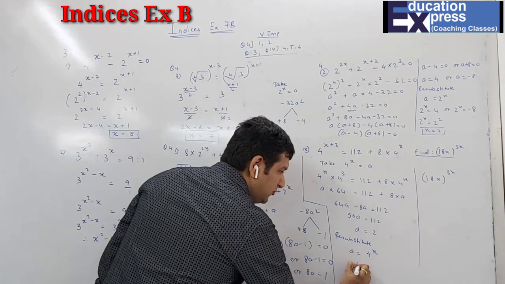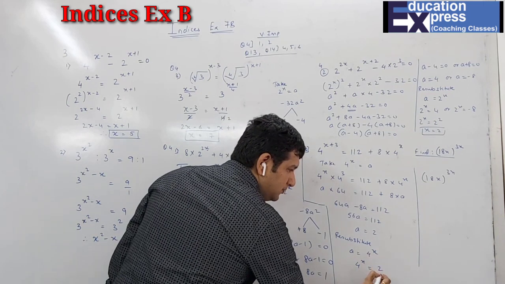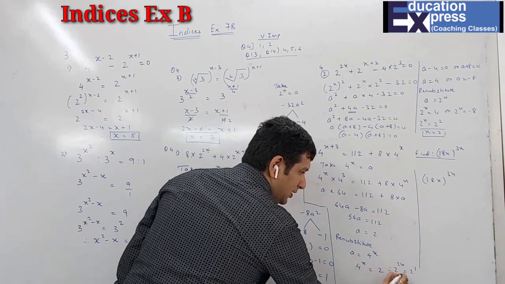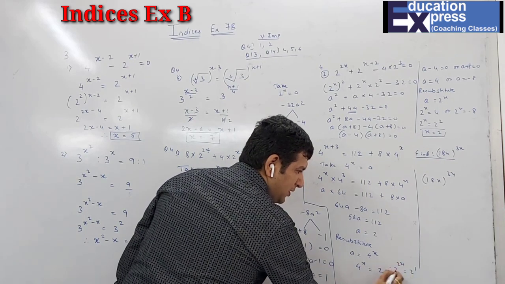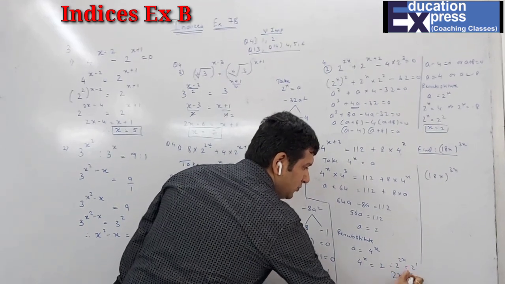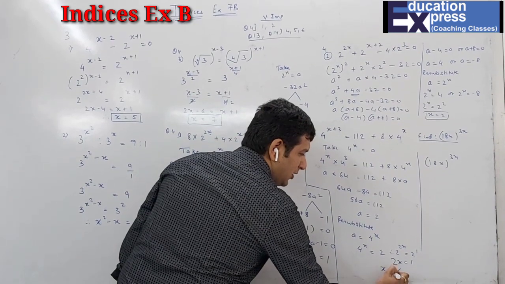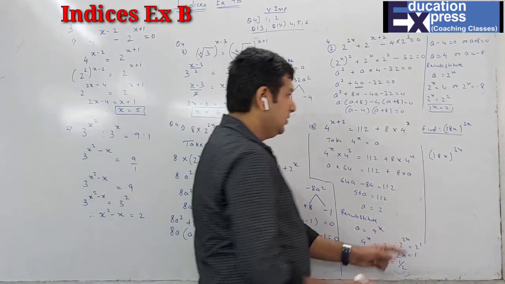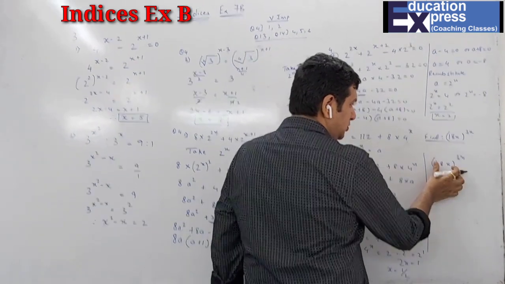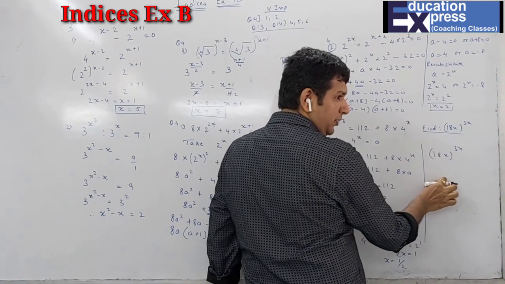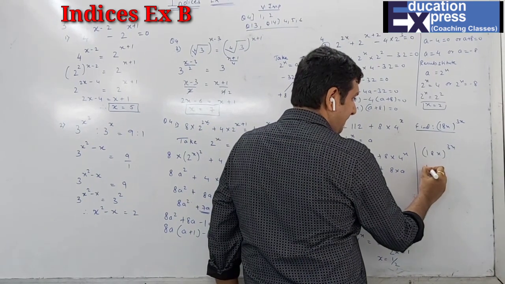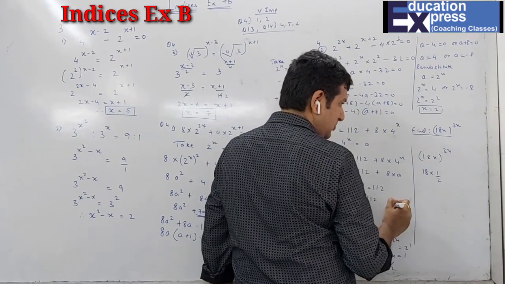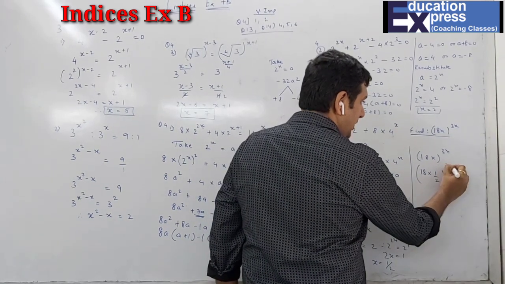So now a, which is 4 raised to x, equals 2. Therefore 4 is 2 squared, and then 2 raised to 1. So students, over here we are saying 2x is 1, so x is 1 upon 2. Now here x is 1 upon 2, I have to substitute. Obviously this is what you have to find over here. So 18, what is x? 1 upon 2.